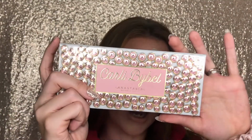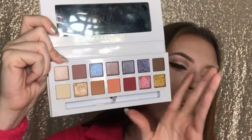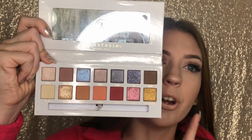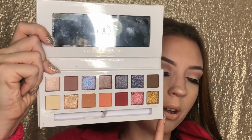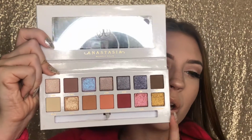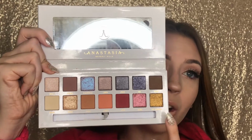Okay, so now I have the Carli Bybel palette with Anastasia Beverly Hills. This is what it looks like. I just thought this would be perfect for a cool tone fall time look. These eyeshadows are very cool tone and pretty. There's the peach, you got the burgundy, a gold,